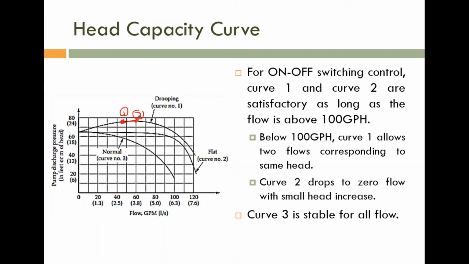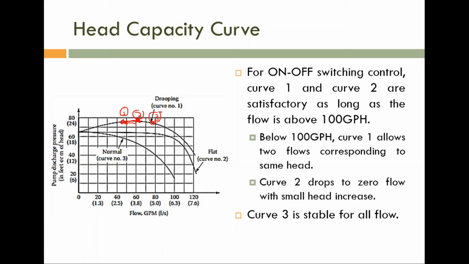So if the pressure is decreasing back to the previous value, what will happen to the flow rate? Due to disturbance, the operating point is changed to this one, where pressure is increased, and due to that increase in pressure, flow rate is also increased. What will happen if, after that disturbance, pressure is decreasing back to the previous value? What will happen to the flow rate? We can't predict that. Either the flow rate will decrease to this value corresponding to operating point 1, or the flow rate may increase to a large value corresponding to operating point 3.